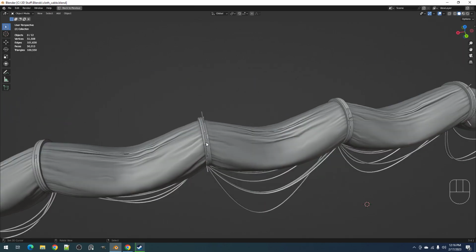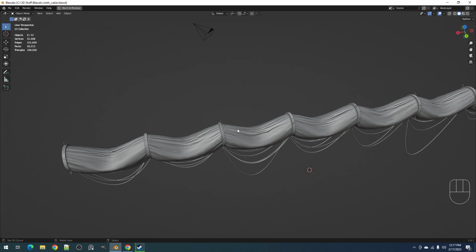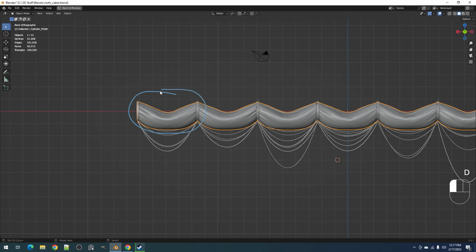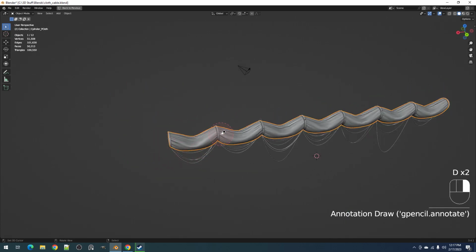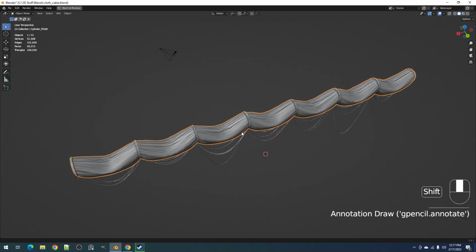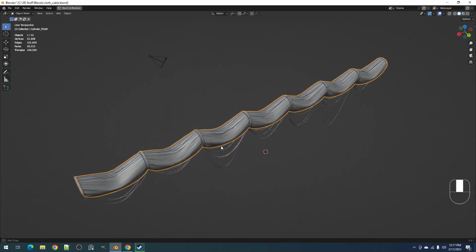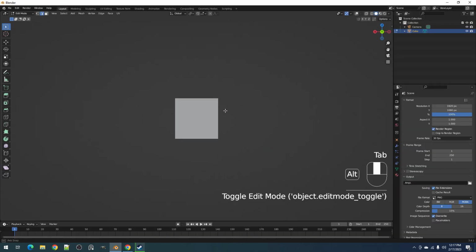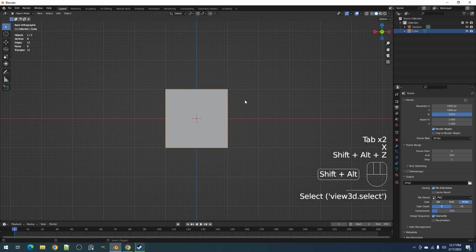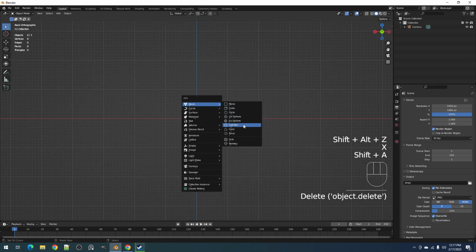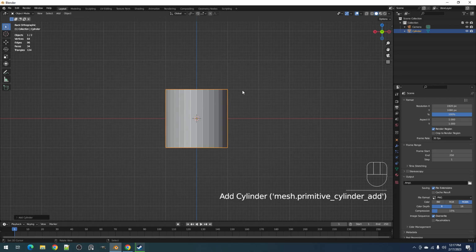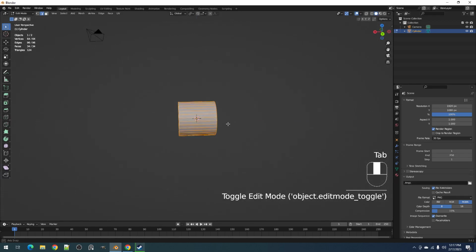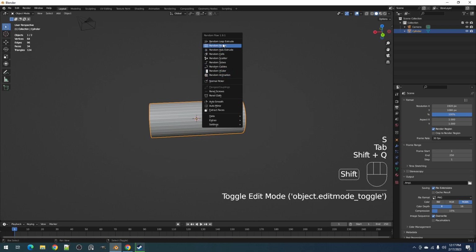So I'm going to remodel that and also combine it with the fluff to create a single set that we can duplicate, using the array modifier, when the model is finished. So let's start with the base geometry, a cylinder. If you rotate your object in object mode, be sure to apply the rotation because some of the operators